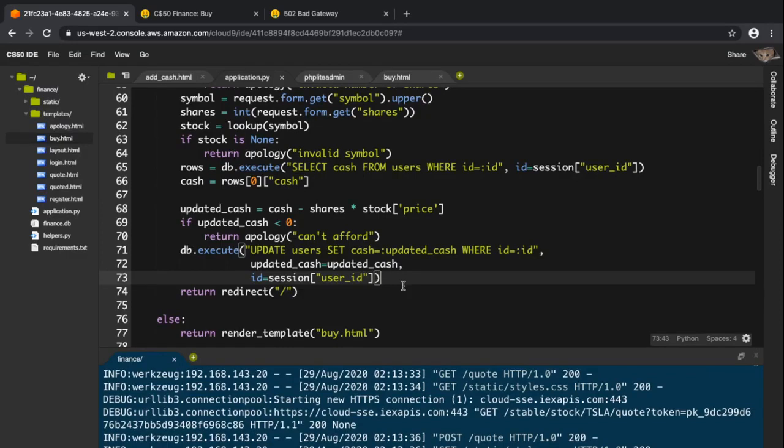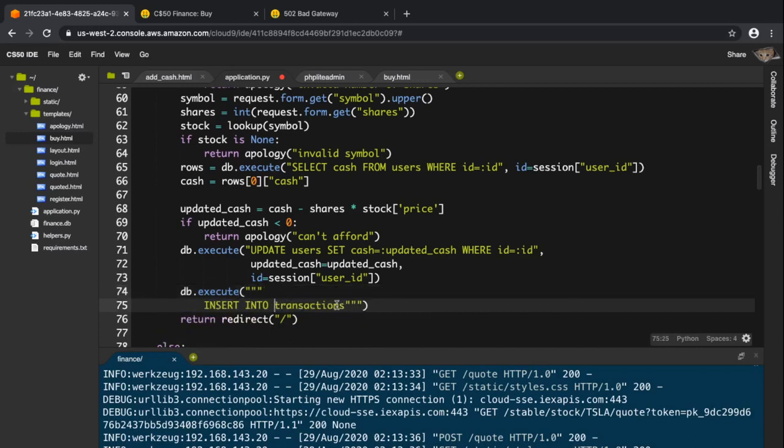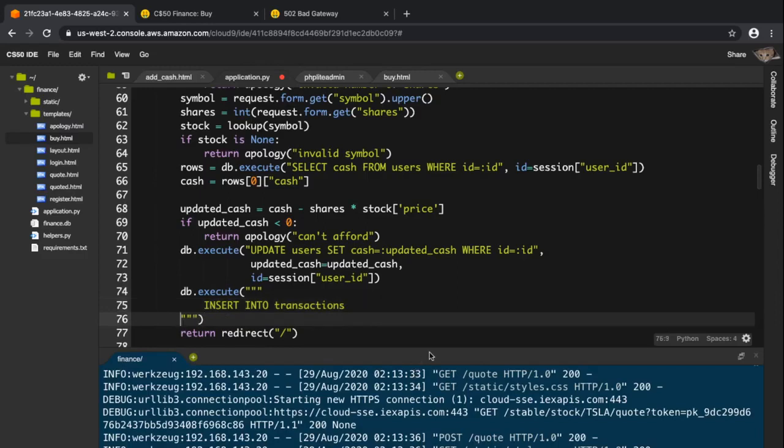So I'm going to do the following. I'm going to say db.execute insert into transactions. What I want to insert here, let me just, if I do this, I can essentially perform a multi-line SQL query, because it allows for multi-line strings, right? So if I do insert into transactions, what I want to insert now, if you look here,